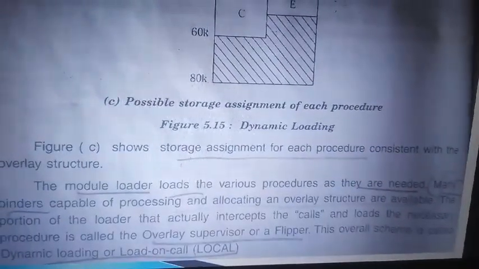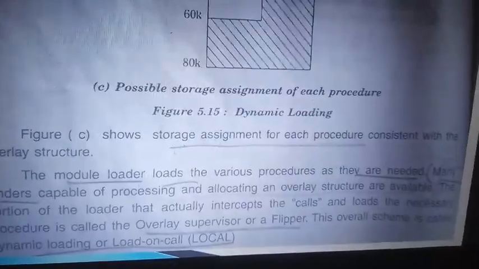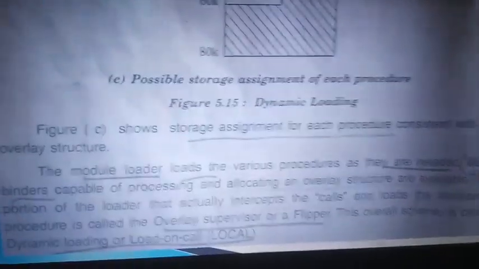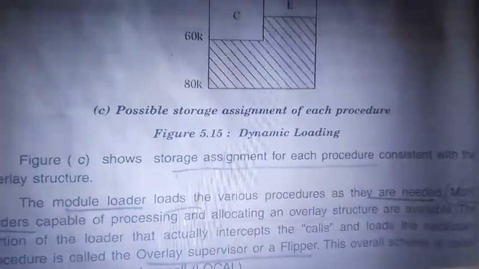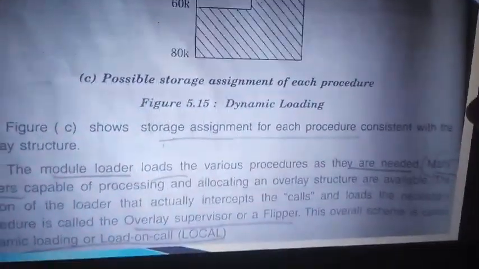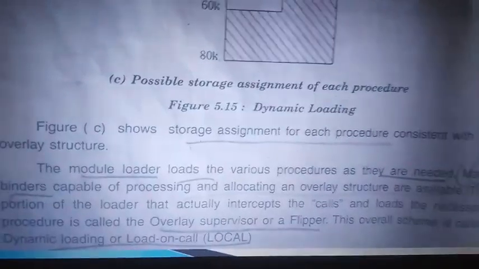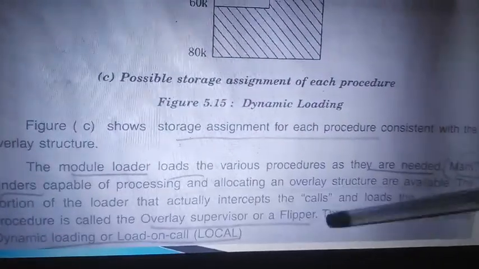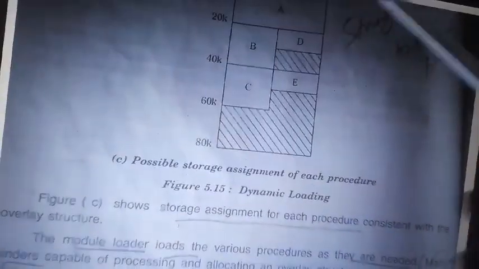Clear? Then the binders we have have the ability of handling the overlay structure. It only loads or binds when it is called. Until then it is not bound, and it won't load into main memory. That type of loader we call an overlay supervisor or a flipper. It works on the basis of overlay.